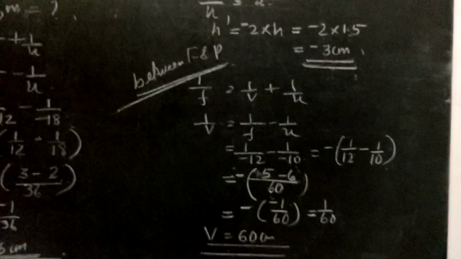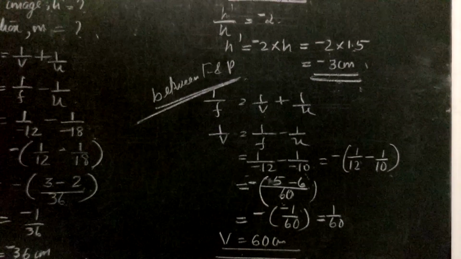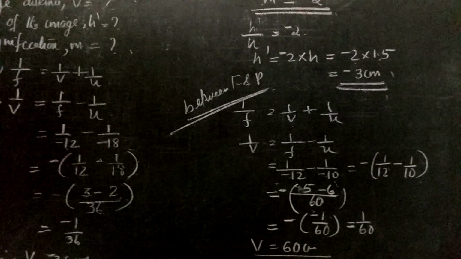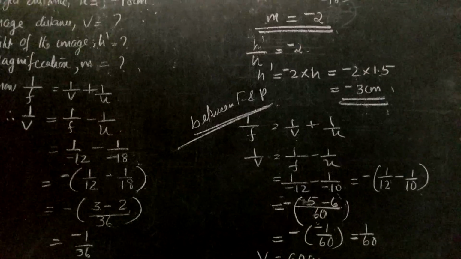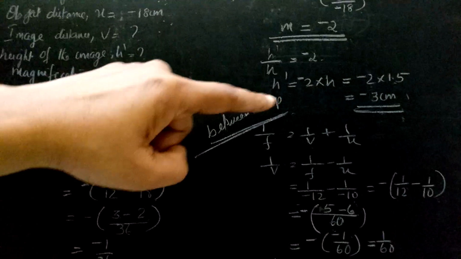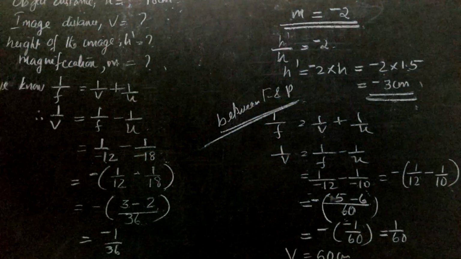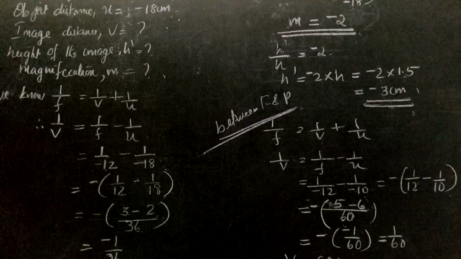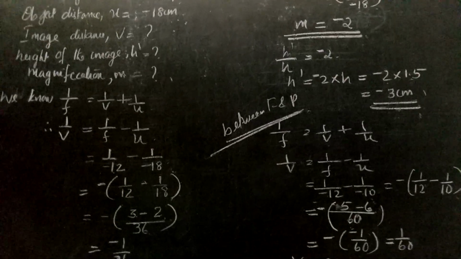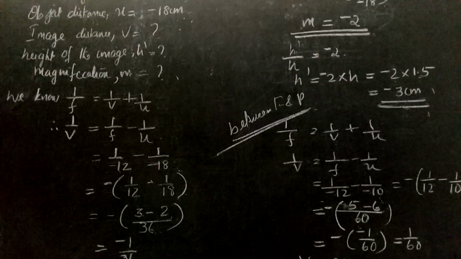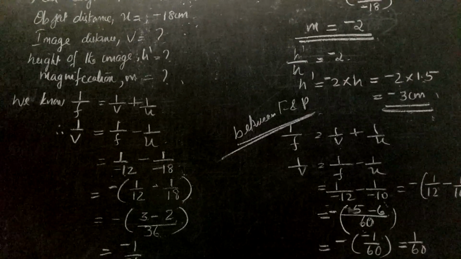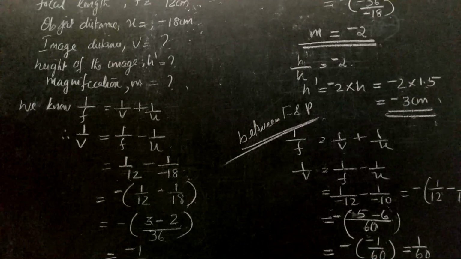So you have to draw the diagram by keeping the object between F and P. Is it clear to you? I think you copy the question in your notebook, then write this answer. After this you should write the answer of the two questions. What should be observed on the screen? Nothing can be seen on the screen, because here the object is between F and P. So the image is formed on the right side, behind the mirror. So it will be virtual, erect and enlarged.